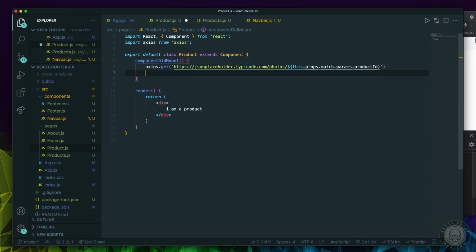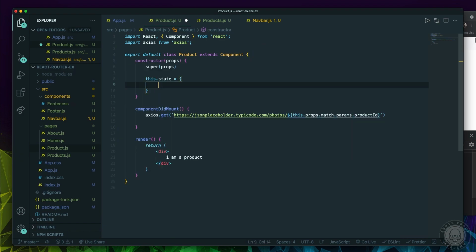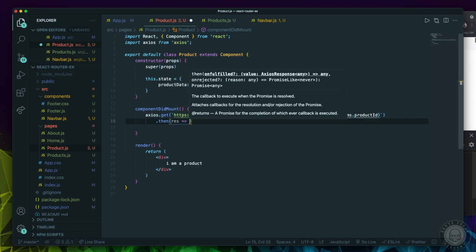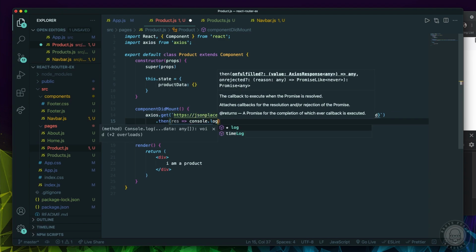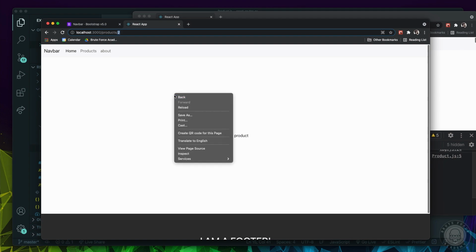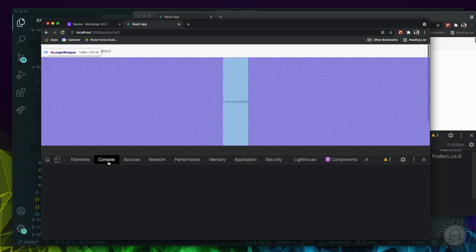Okay, and then we're going to want to set that data into the state. So we can just make some state right here. Let's just call this productData. It'll be an object for now, and then we'll say .then. We want to take the response and console.log the response for now, just so we can see what the shape is. Okay, so if we come to /product/2, we should be able to go into the console